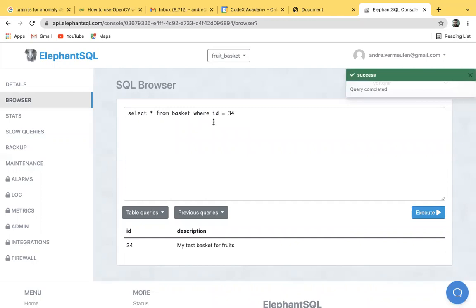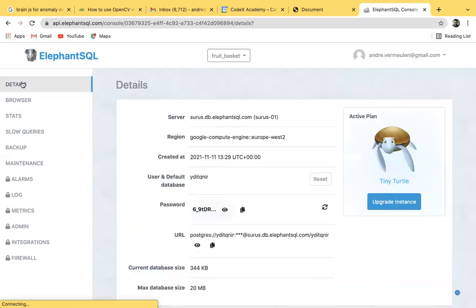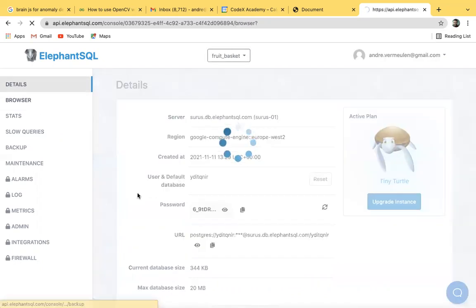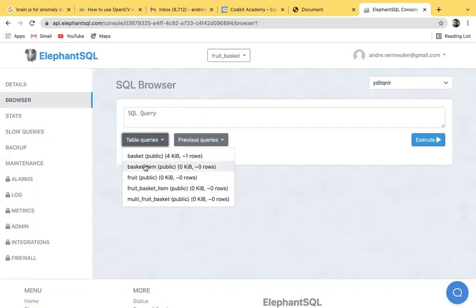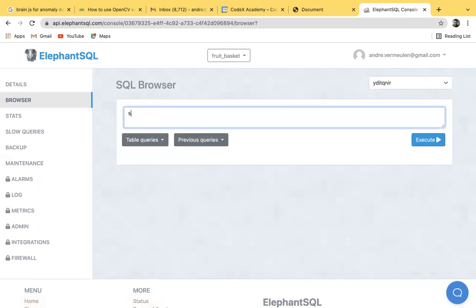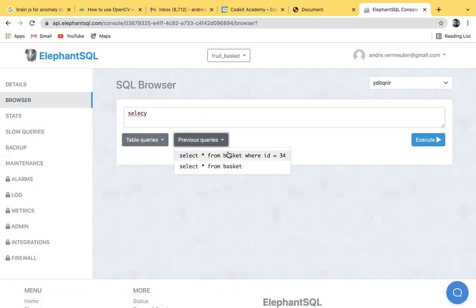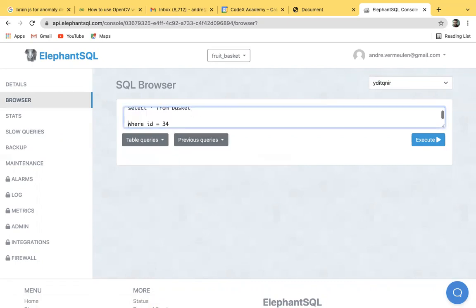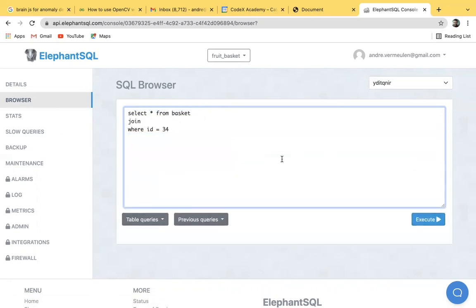Now if I look at my other tables, where can I see all my tables? So I have basket items. So I need to say select star from there, and I want to say join. Let's make this bigger. We want to say join basket underscore item, join on. So we want to join basket item on